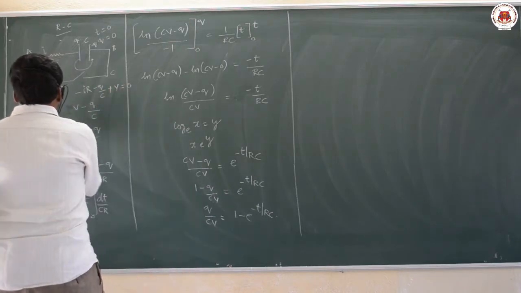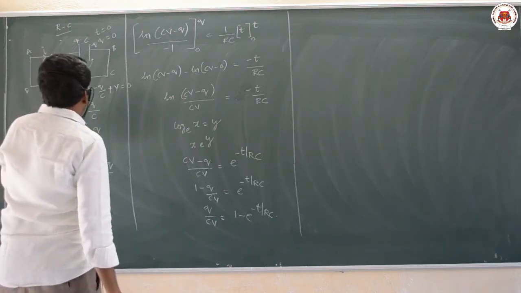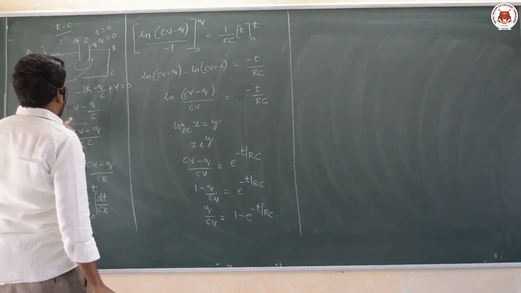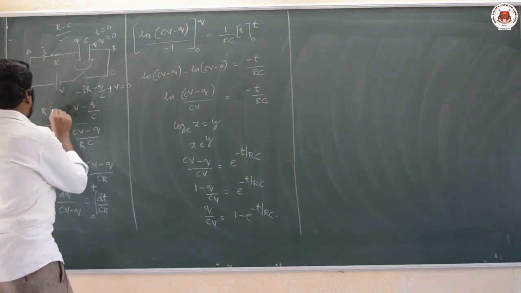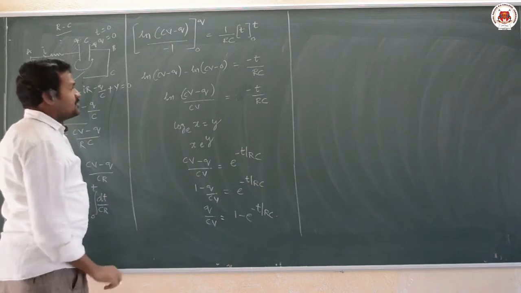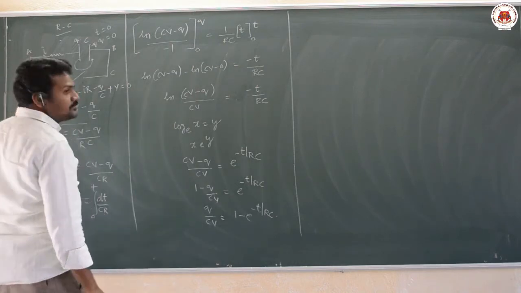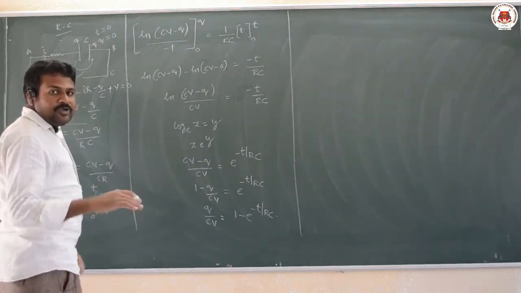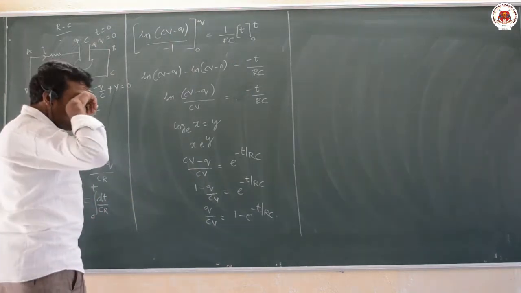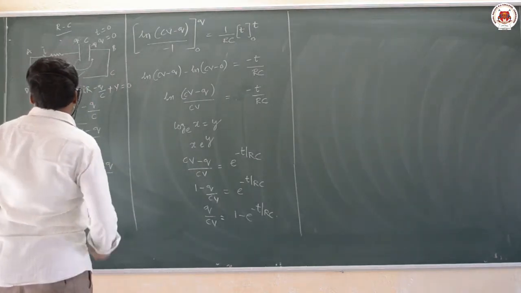So from this I have written I into R is equal to V minus Q by C. Now this current, what can I write? Current is rate of flow of charge. So once you pass current into this circuit, the capacitor takes the charge. Whether it takes it linearly or exponentially, how it changes, we can study here.